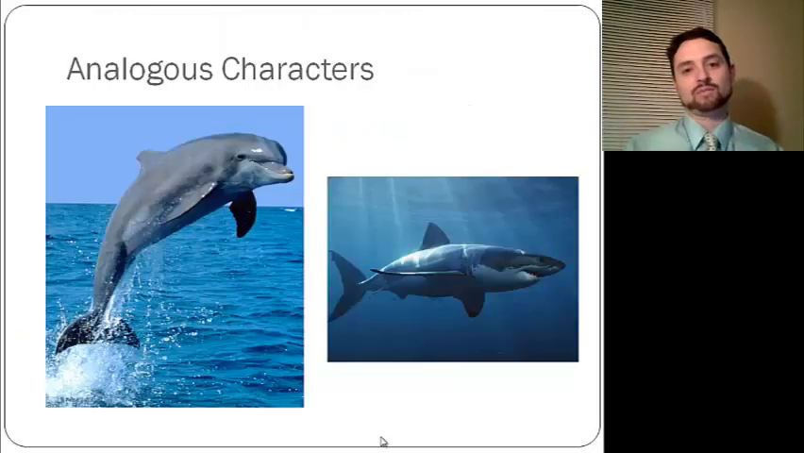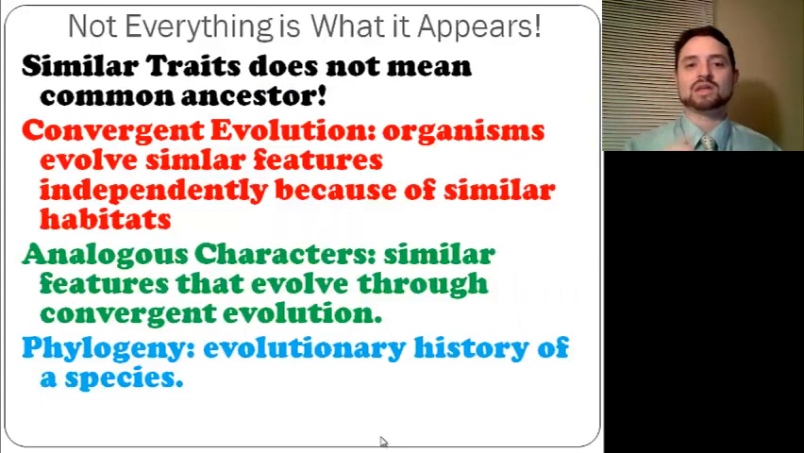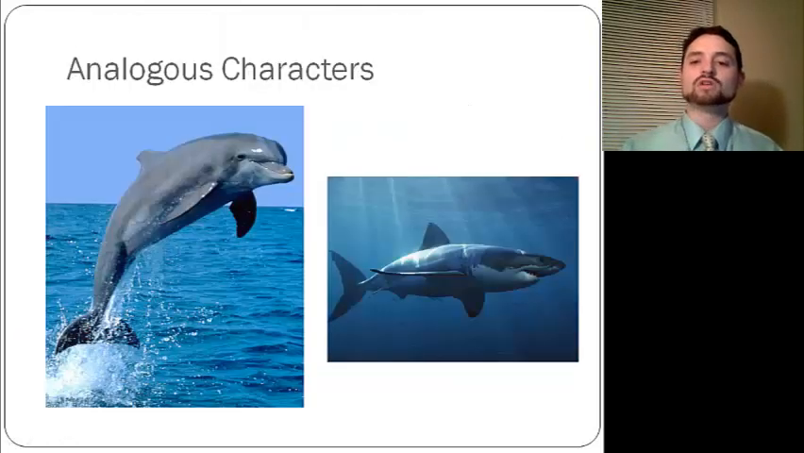Now, the most common example of that is the dolphin and the shark. The dolphin and the shark look very, very similar, but when you really start to break down what makes up their characteristics, they are not similar at all. In fact, they're made up of what we call analogous characters. Analogous characters, you can see right here in the green on the screen, are similar features that evolve through convergent evolution. So, for instance, with the dolphin and the shark, you've got flippers, okay, here and here, or